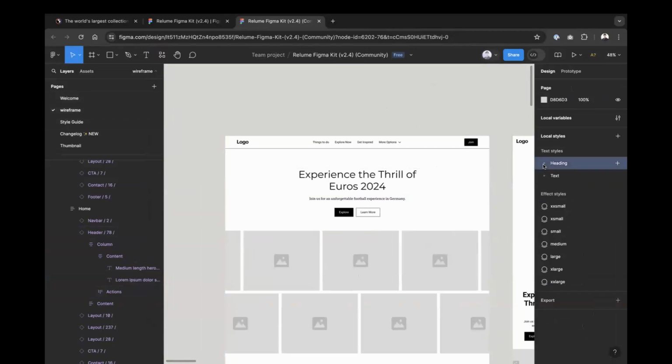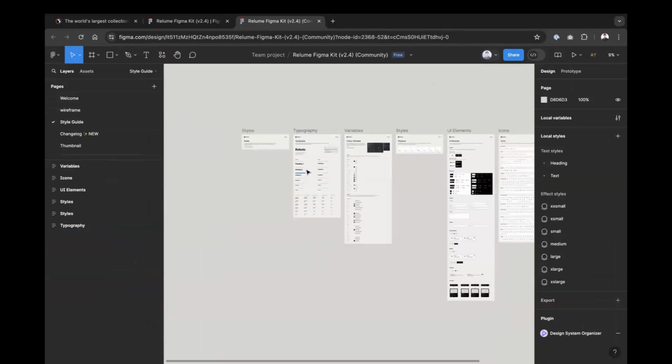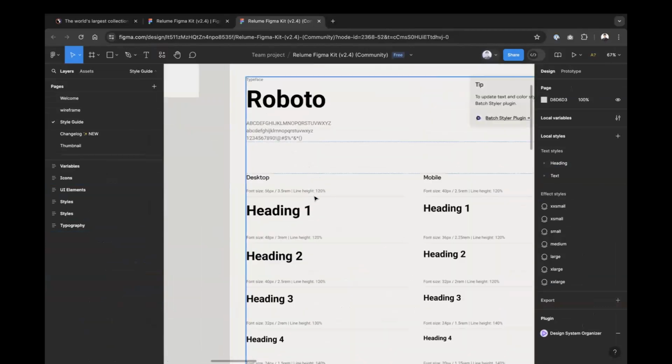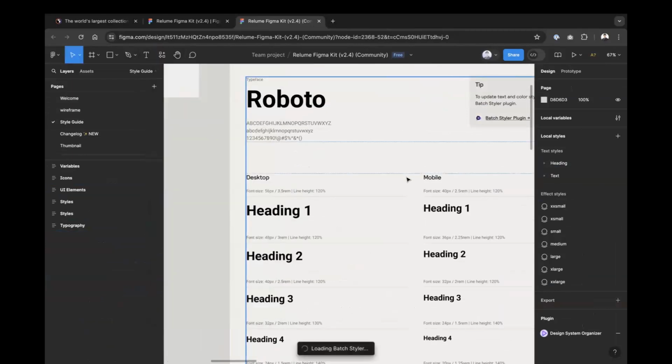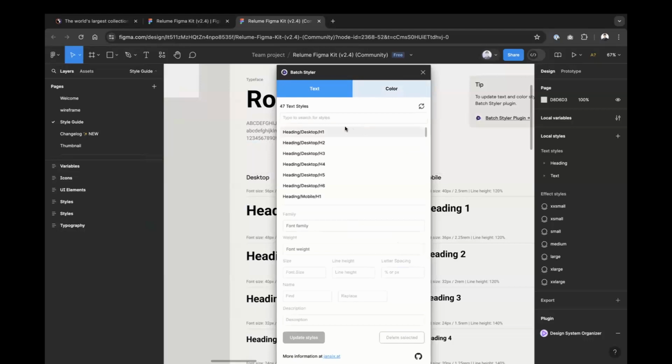Let's take a look at the style guide. So we have quite a number of fonts that we have to style. Are we going to do that one by one? No. Let's open my favorite plugin. Let's go Batch Styler. So give it a second and we load all the fonts that we use in this